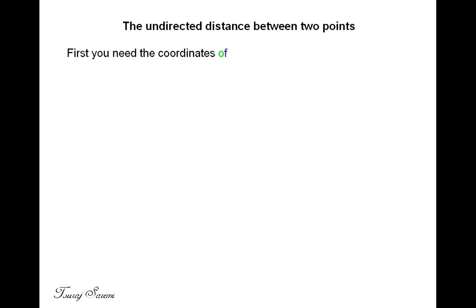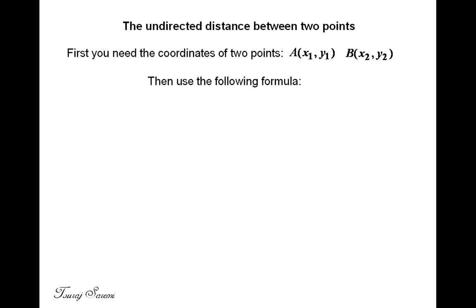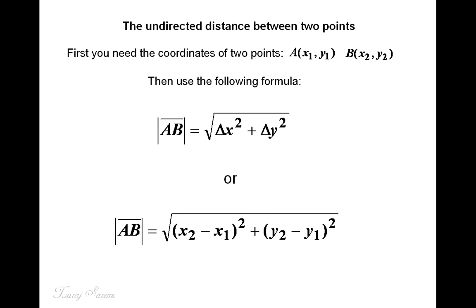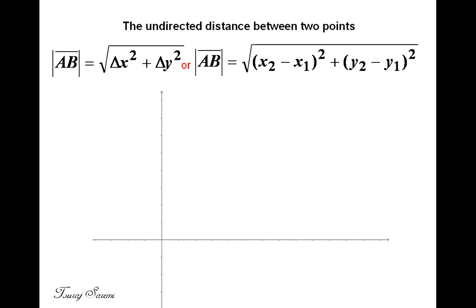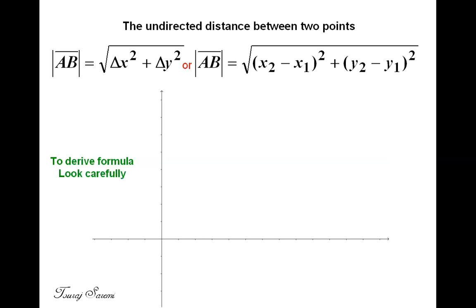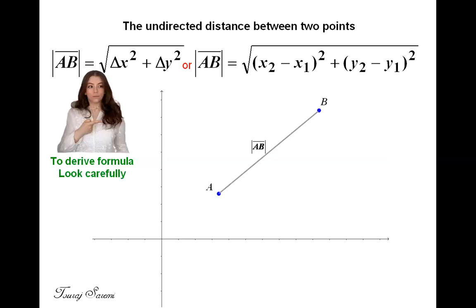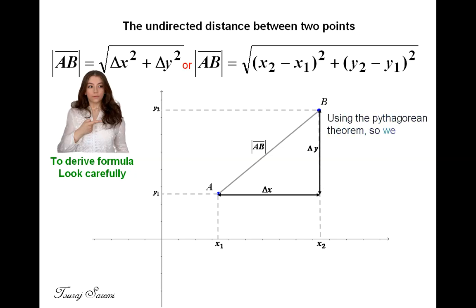The undirected distance between 2 points. First you need the coordinates of 2 points. A (x1, y1), B (x2, y2). Then use the following formula. To derive the formula, look carefully. Using the Pythagorean theorem, so we have